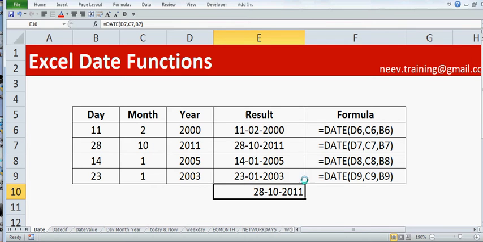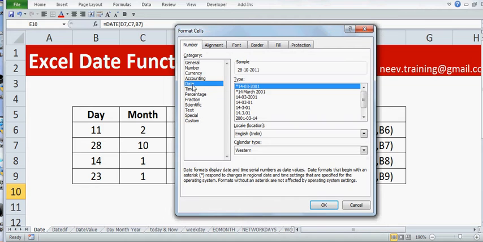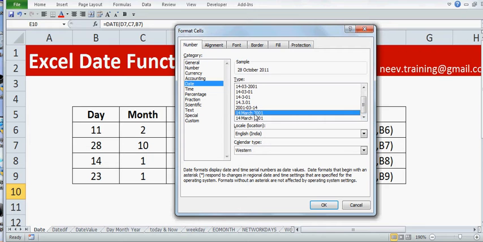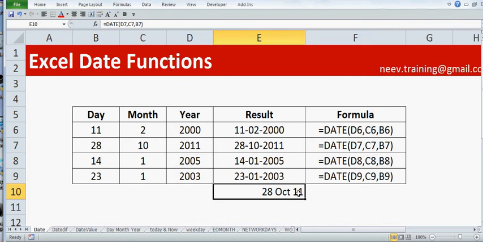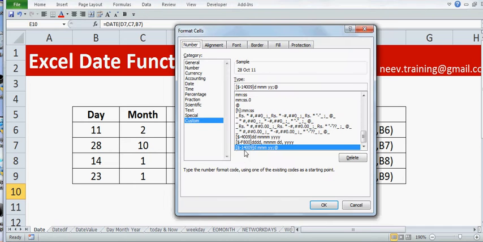You can again format it. You can go to date. You have various options over here for the way you want your dates. You can also customize it depending upon the requirement. Like if I remove this M, it will be 28th October 2011. Let me try to remove more. What will happen? 28 October 11. So you can also use the customizing format. Over here, customize. You can customize the dates. More about customizing we'll learn in our bonus lectures. Let me not go into it right now.